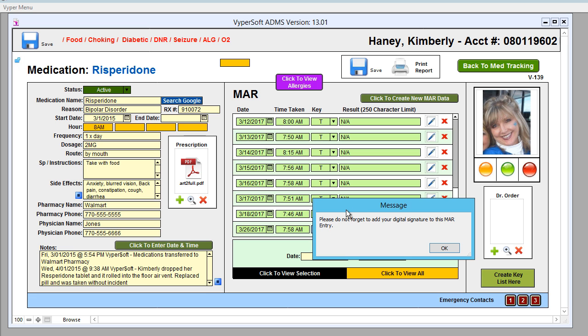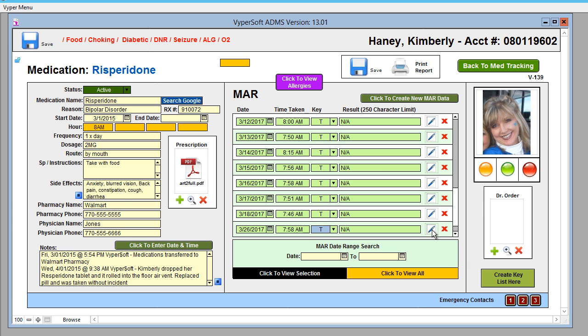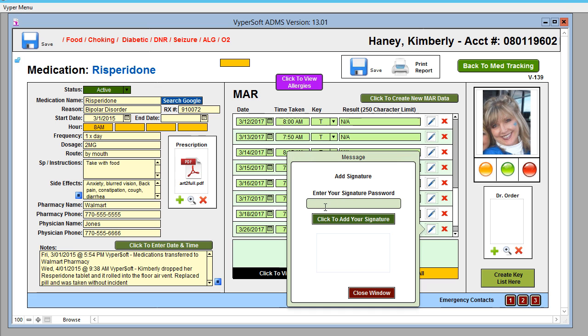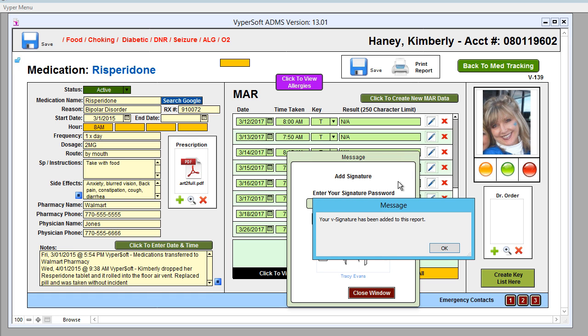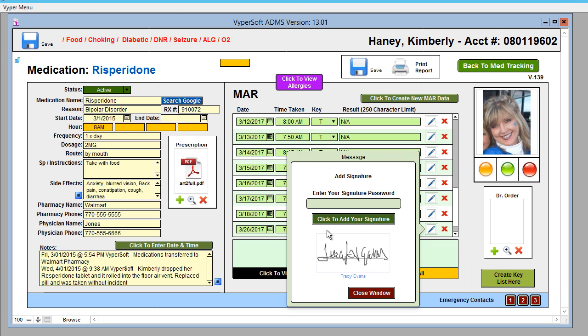A little warning comes up and reminds you not to forget to add your digital signature to this MAR. You were given a digital signature code that should consist of your first and last initial and 4 numbers. Clicking the pin right here will allow you the opportunity to put that number in. Click to add your signature. A little message will pop up to say your signature has been added to this report. Click OK. You should be able to visibly see your signature,